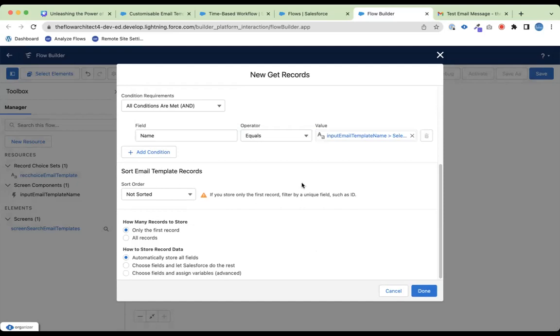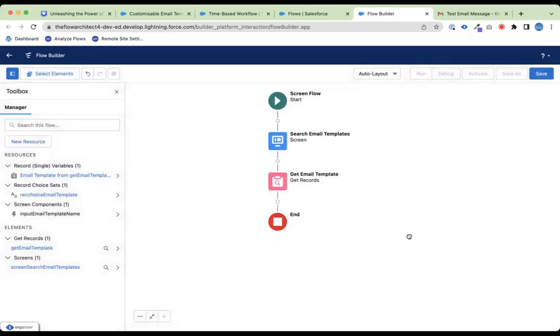As I say, my general advice, if you're going to use this kind of a model at all, is to ensure that you only have one email template of the same name, just to avoid any issues with retrieving a template that doesn't match. If you wanted to enhance that, you could potentially have it be a collection, and offer the choice of which template you want to use if you find multiple. But in this case, we're just going to use